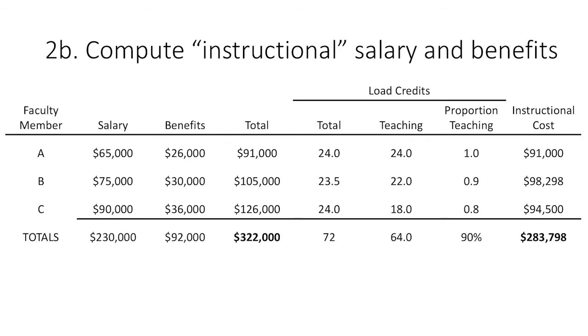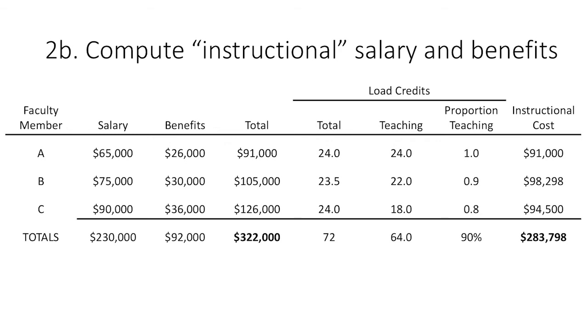For faculty member B, 90% of their assignment was for teaching or instruction, and so we take 0.9 times $105,000, that's the compensation for faculty member B, and we see that the instructional cost for faculty member B is about $98,000. And for faculty C, we multiply 0.8 times $126,000, and we see the instructional cost for that faculty member is $94,500. The total instructional cost is